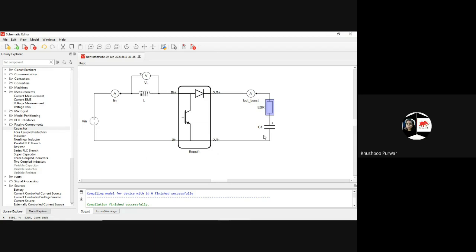We are just using the inductance so that when we will be generating some signal, it reduces the ripples. Ma'am, as I can see, it is a constant supply. So if the supply is constant, then there will not be any ripple. V input is constant.